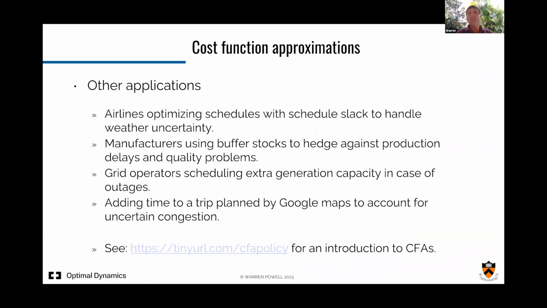Now, this whole idea of optimizing with tunable parameters, all you have to do is look around. Airlines do this all the time. They put in schedule slack. Manufacturers have buffer stocks. Grid operators for electric power generation will plan for tomorrow, and they always put in extra generation in case of an outage. And then we talked about that time with Google Maps where we add in some buffers. I even have a whole web page on this,